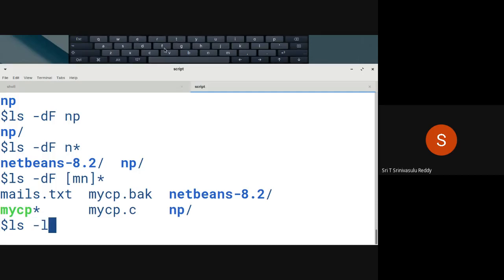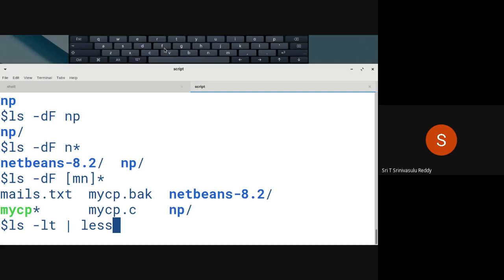So we say ls minus l followed by t also I'm using. T is for the timing. Based on the time also it's going to display a long listing of all of them, and then give it to a pipe so that it's going to give it screen by screen. So I'm now giving ls minus lt.